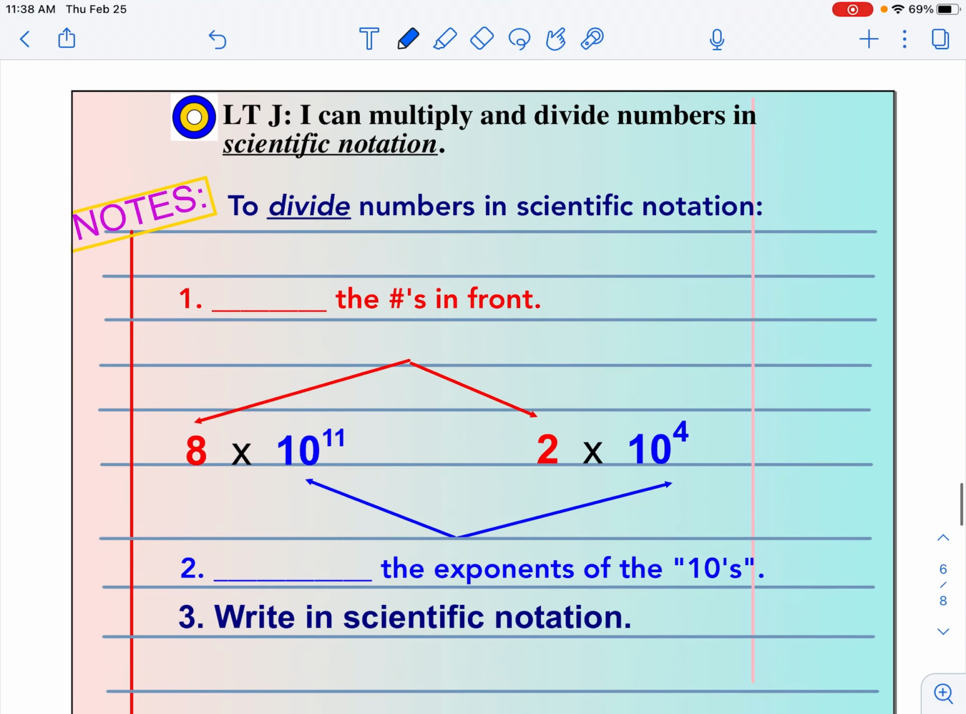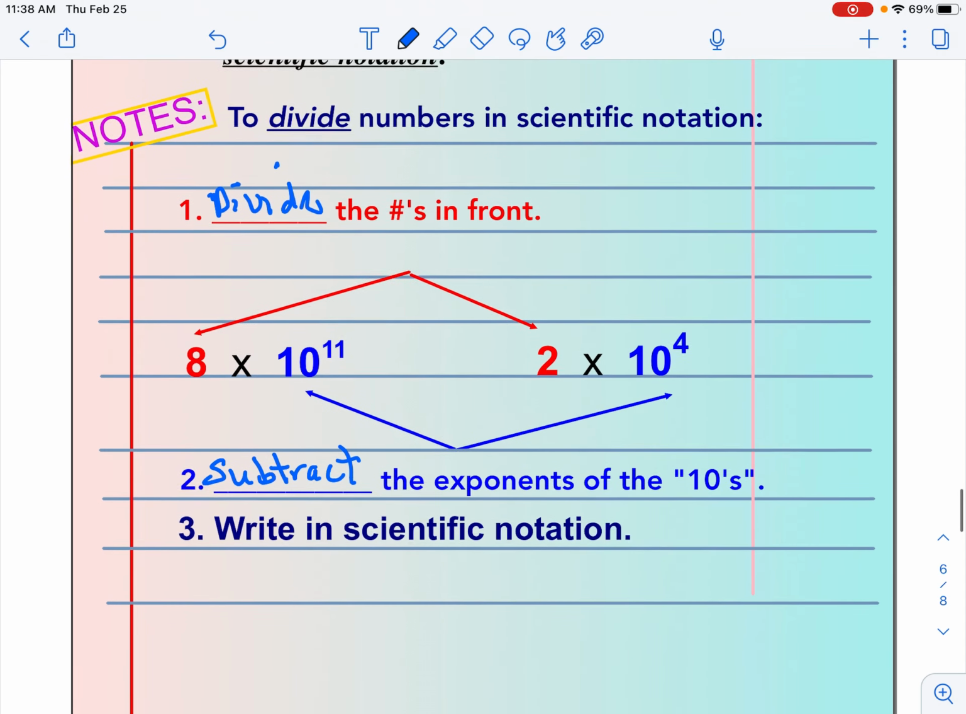Okay, so now let's look at dividing. Okay, so again, dividing, what do you think we're going to do? Take a guess. Well, we're going to divide the numbers in front, and then we are going to do what with the exponents? Remember, we have to subtract